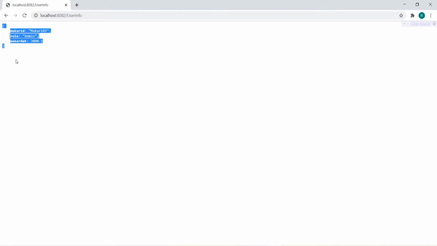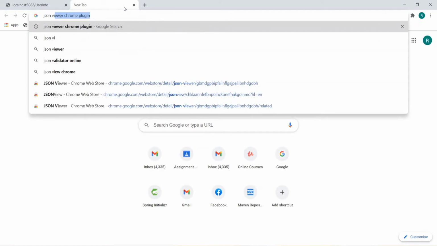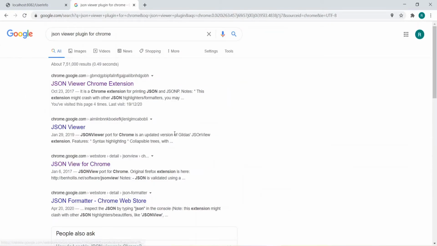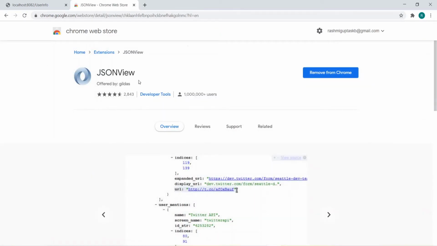Now you might be surprised how the client is getting the data in a JSON format. And second, if the client, meaning Chrome, is getting the data in a JSON format, how is it rendering it over here? That's why we had added the JSON viewer plugin for Chrome. If you see here, JSON viewer for Chrome is already added, offered by Gildas.